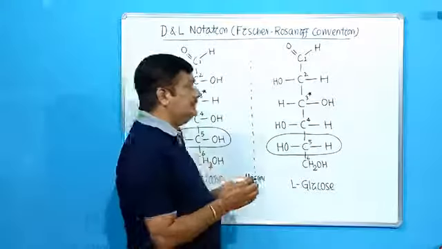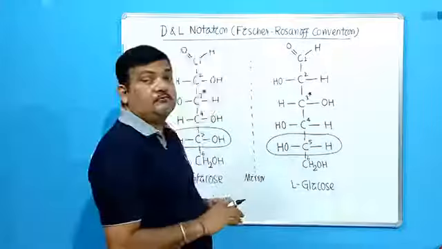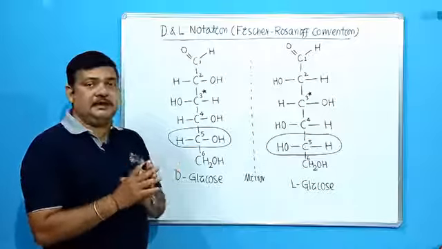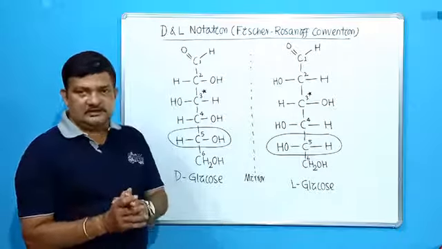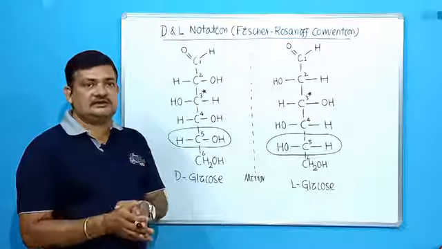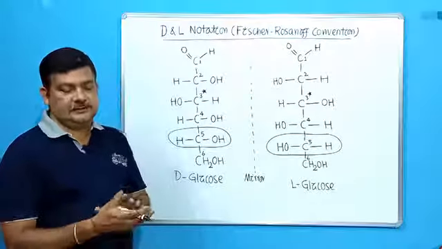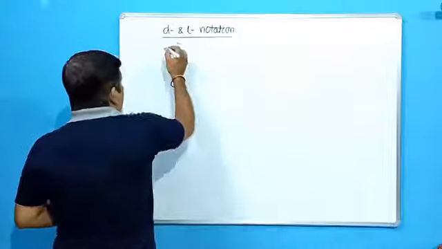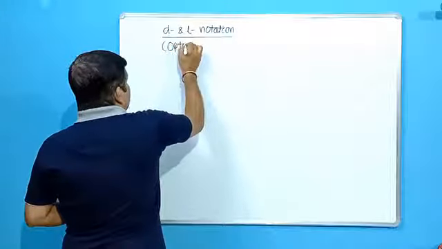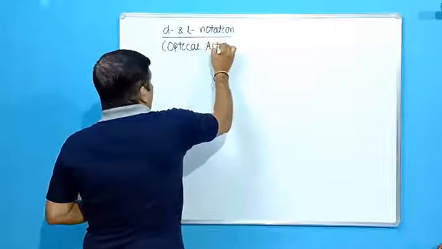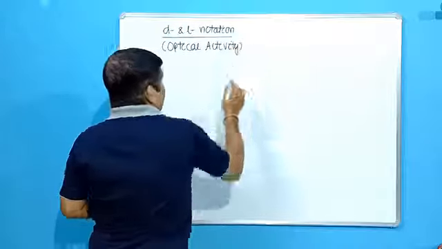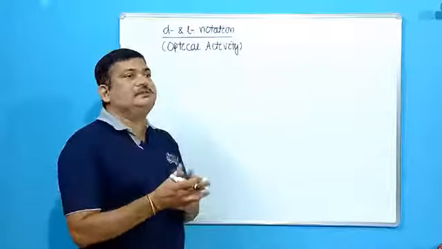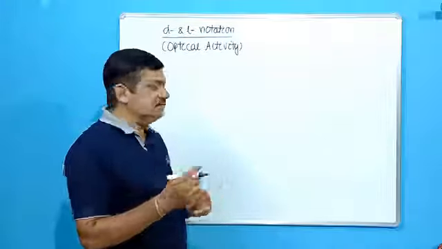Then another type of notation is given, which I told you in the last class, that is as per the optical activity. That means an optically active isomer can rotate the plane of polarized light in two possible directions. So accordingly small d and small l notations are given, which we will be discussing next. Next, students will go for small d small l notation. I have already told you this notation is purely given based on optical activity. Optical activity means what? When an isomer is optically active, it has the capacity to rotate the plane of polarized light in two possible directions.